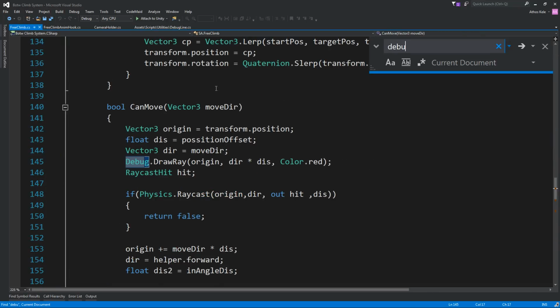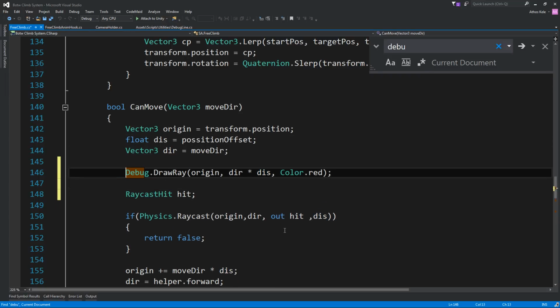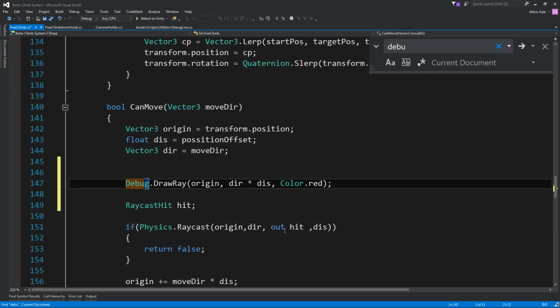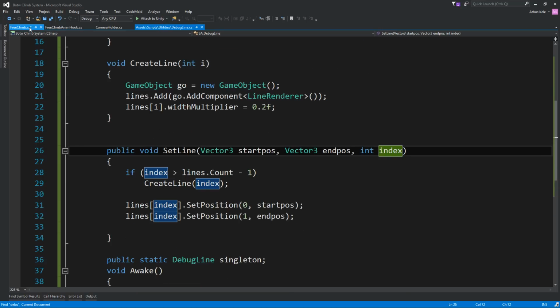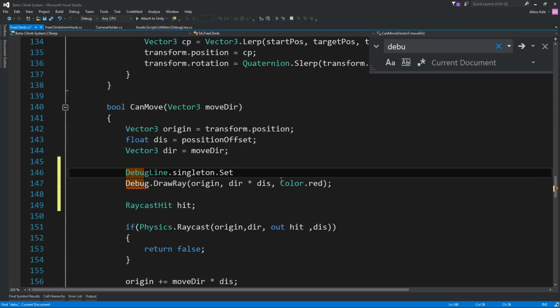So search for debug draw array, and instead of doing that, we now need to find debug line singleton, not create line, set line.